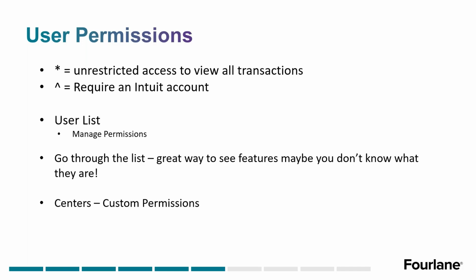And even the admin user doesn't have full reign of everything technically. And you can't edit the admin user, right? So another thing I always tell people when we're talking about users is to go through the list. Going through preferences is a great way, right, to see what is available in the system that I don't have turned on. But going through the security is also a great way to see it, to say, like, what is